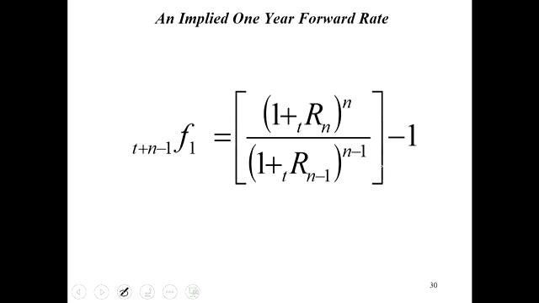So this is the basic problem that we're going to deal with. We've got this formula here. This is the implied one-year forward rate at some time in the future. If we draw up another diagram, here's time along here, and we want to find this interest rate out in this period here. That's what we want to find. So in terms of what we have,